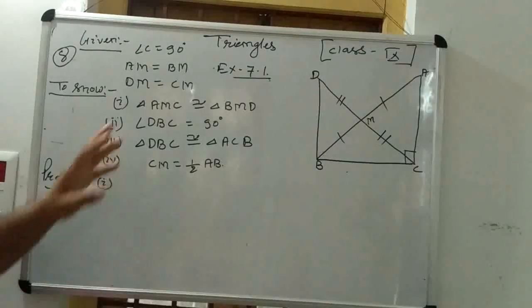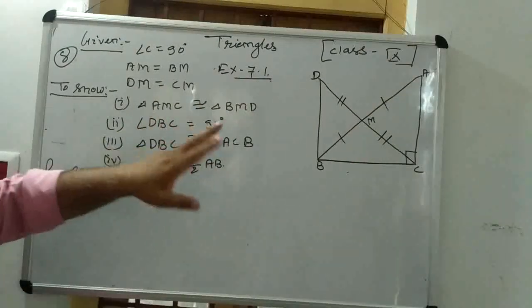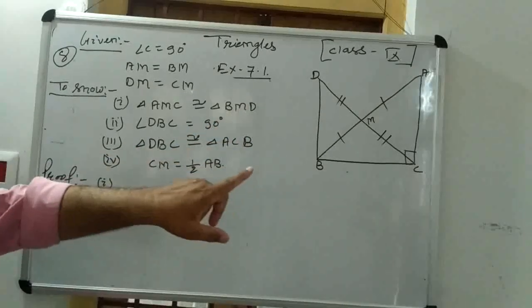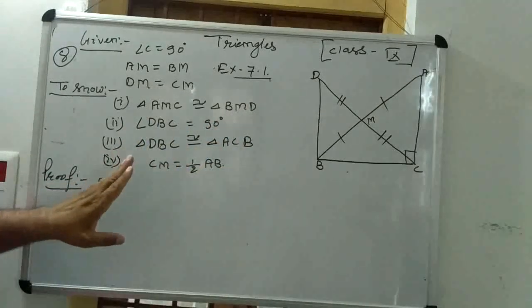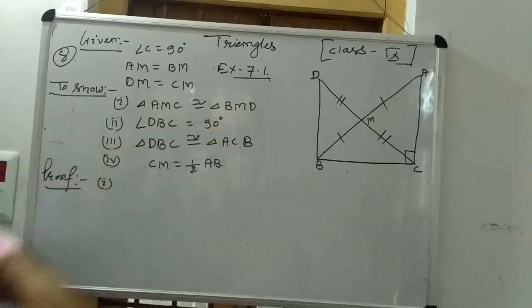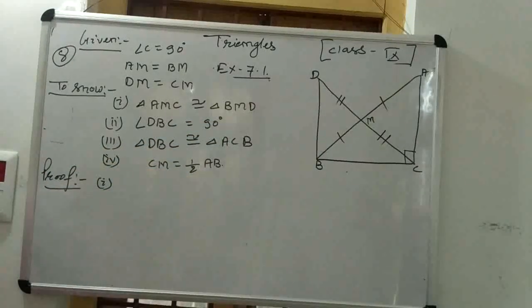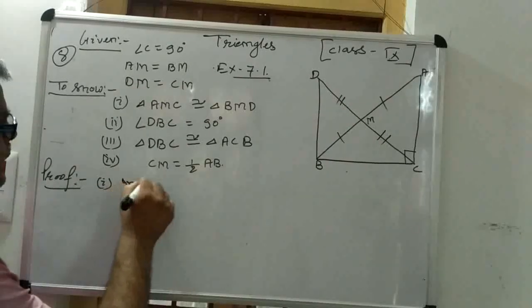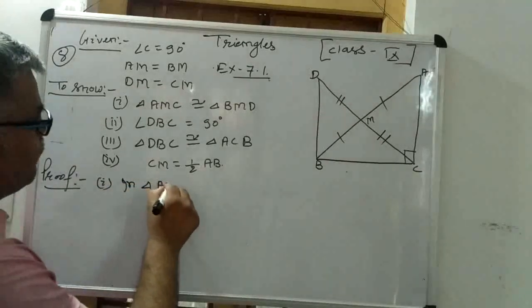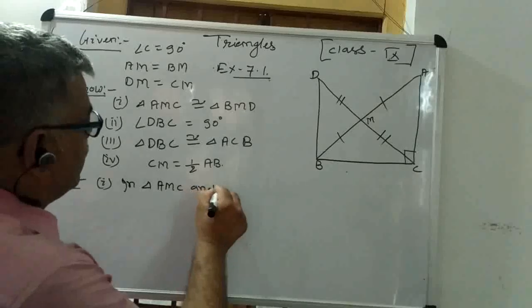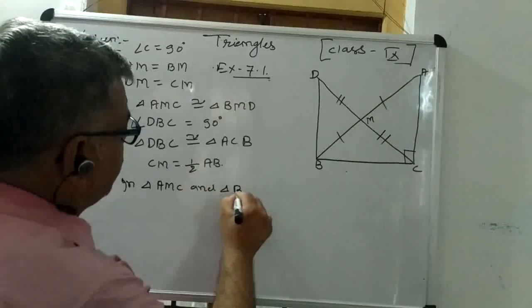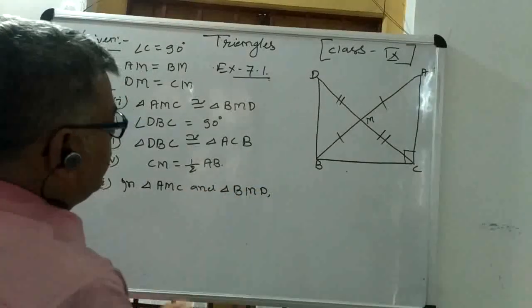First part, we need to show that triangle AMC is congruent to triangle BMD. So now in triangle AMC and triangle BMD, we have